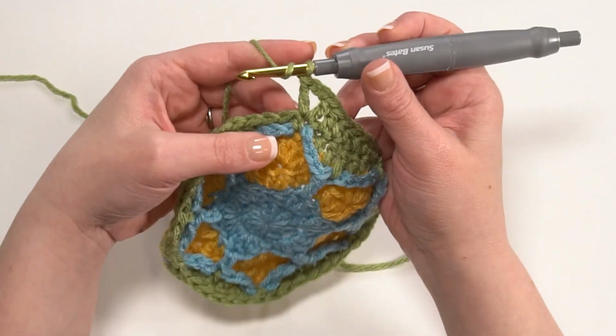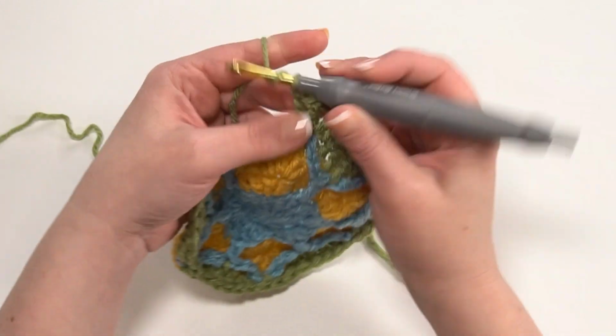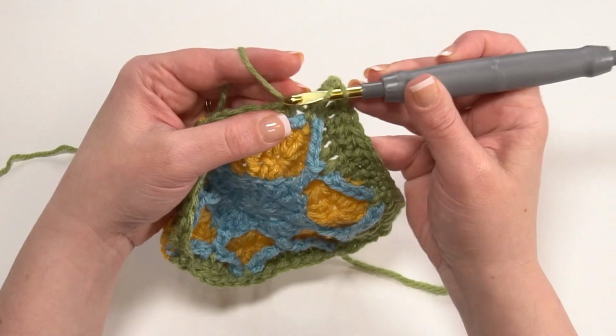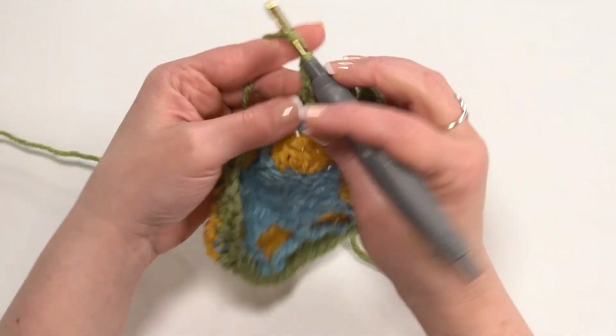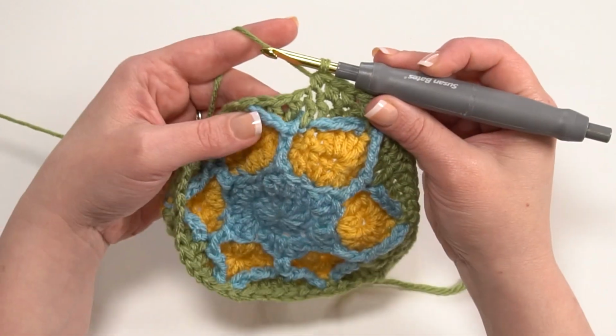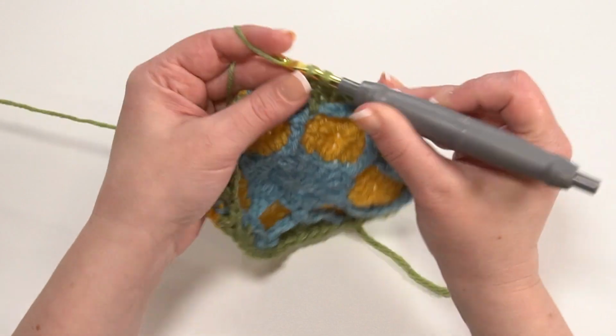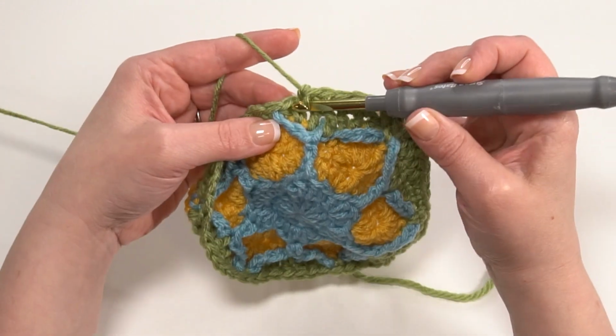So after making a corner, we double crochet in the next stitch, half double crochet in the next 3 stitches, 1, 2, 3, single crochet in the next 3, 1, 2, 3,